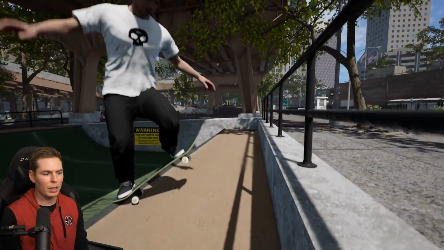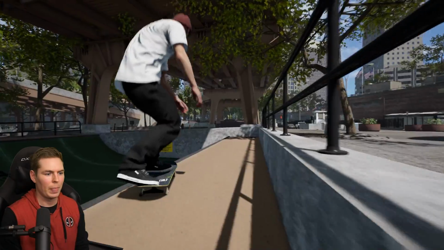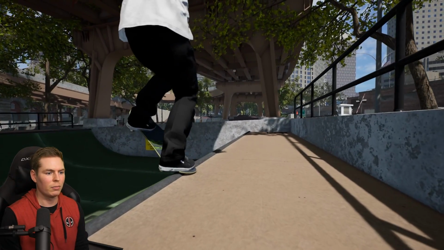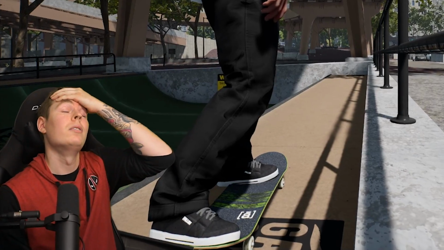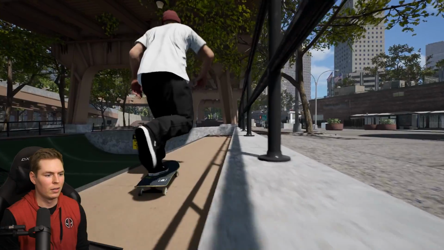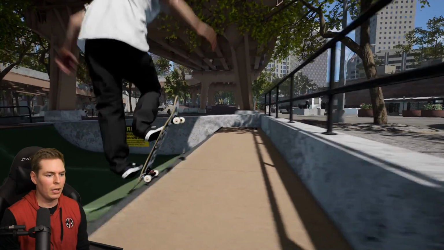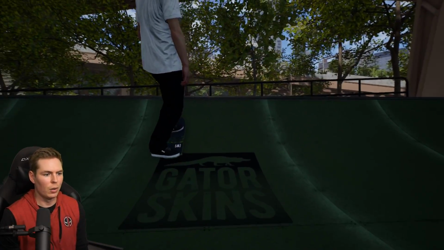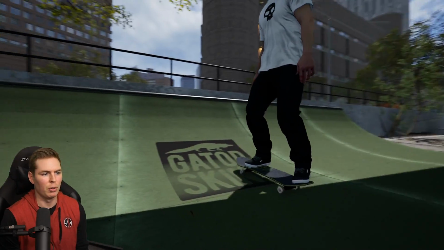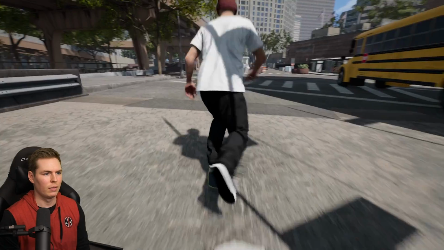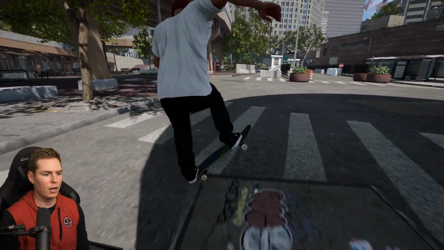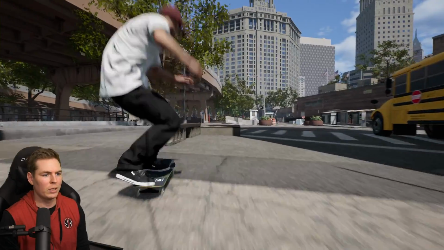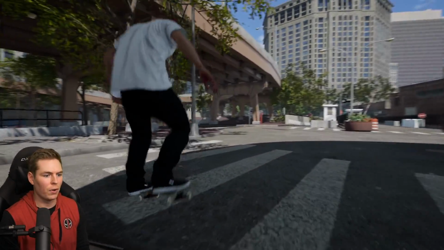And then would this be the blunt slide or blunt stall? Or is this the blunt? Oh wait, there. Is that the blunt? I don't know. Because you don't want to be calling that a backside nose slide and then a frontside nose blunt. Would something like this be a nose slide to nose blunt, or a nose blunt to nose blunt? Or a backside nose slide to frontside nose blunt?